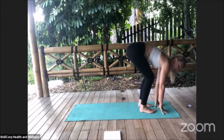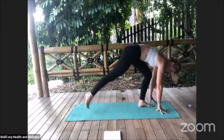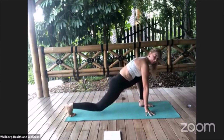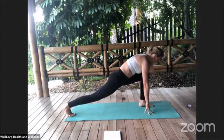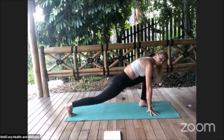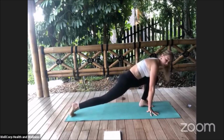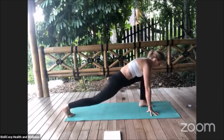Beautiful. So now we're going to slide or slowly step the right leg back. I'm going to come into low lunge. We can drop the knee if we need to, or we can stay up in our runner's lunge. And our chest and our heart up the knee. And just creating some movement in our runner's lunge or our low lunge. We may want to slightly shift back and forth. I know I can feel this in the front of my hip socket, in the back of my right hip